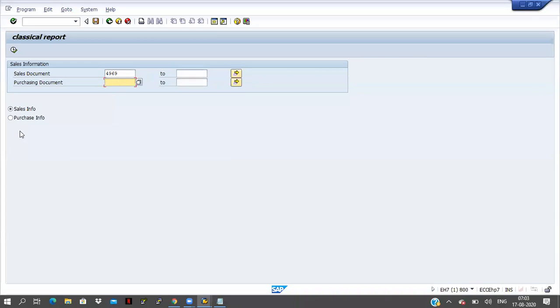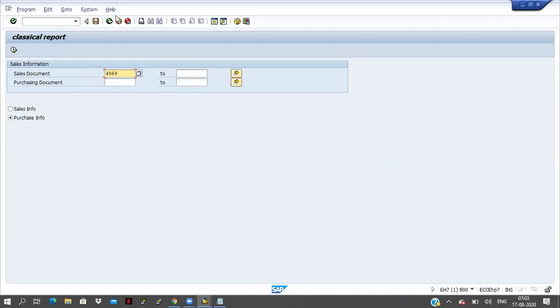And if I click on purchase information, at that time the purchase information should be in enable mode, and the remaining sales document data should be in disable mode. So how is it possible? Let us see how we will do this one.